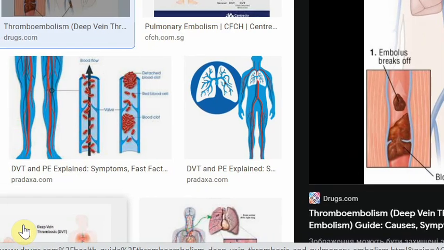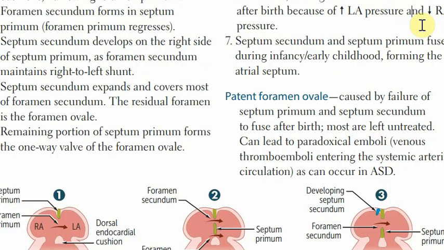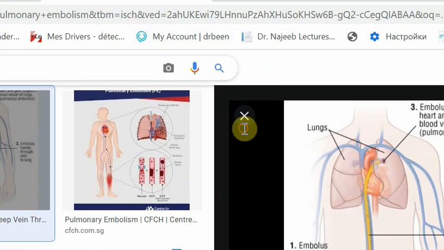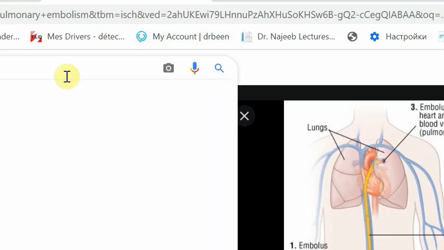Yes, this is a typical USMLE question, but there is a different type of question they ask you. How can a DVT cause a stroke? It should not cause a stroke because all of the veins end up in the lung, not in the systemic circulation, not in the arterial circulation, so it's impossible. But what happens is something called paradoxical